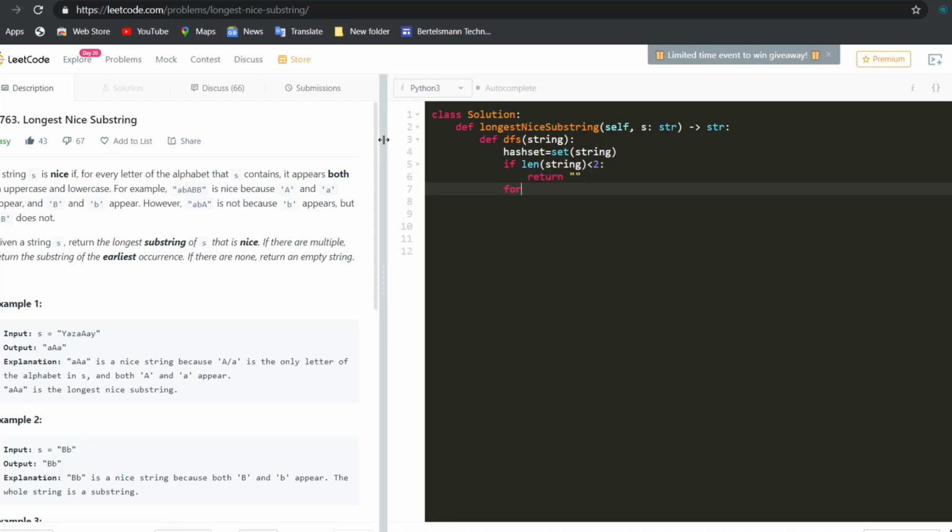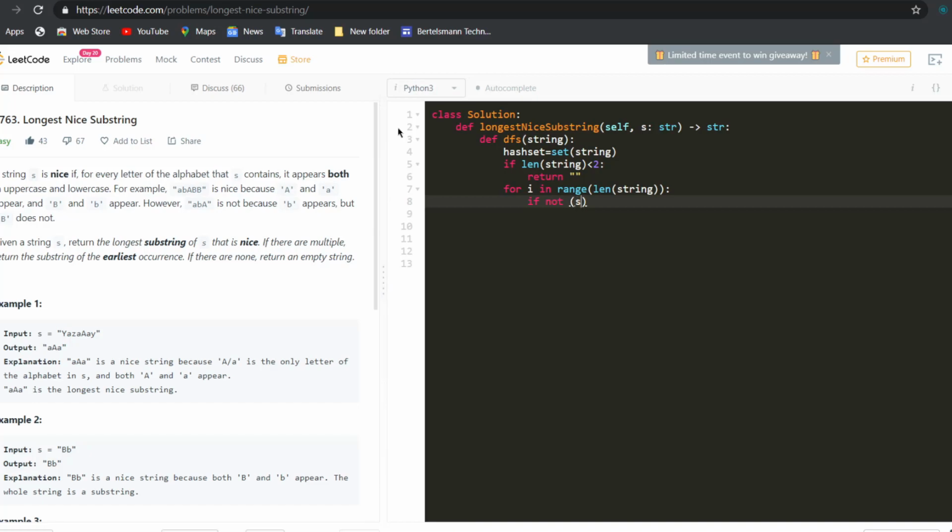And now we're going to loop through our string, for i in range of the length of our string. If not, string of i is valid, this is going to be checking if our current alphabet is valid: if string of i is not in the hash set and string of i dot upper is not in the hash set,